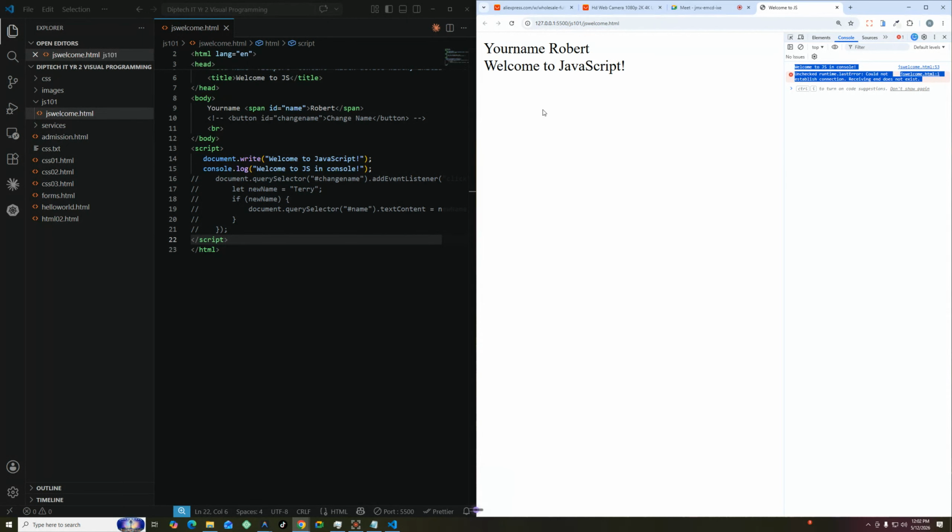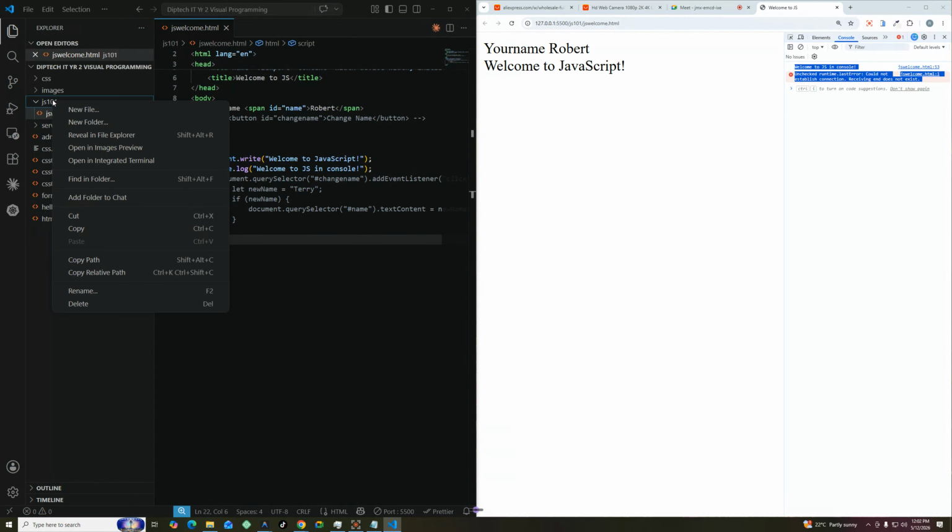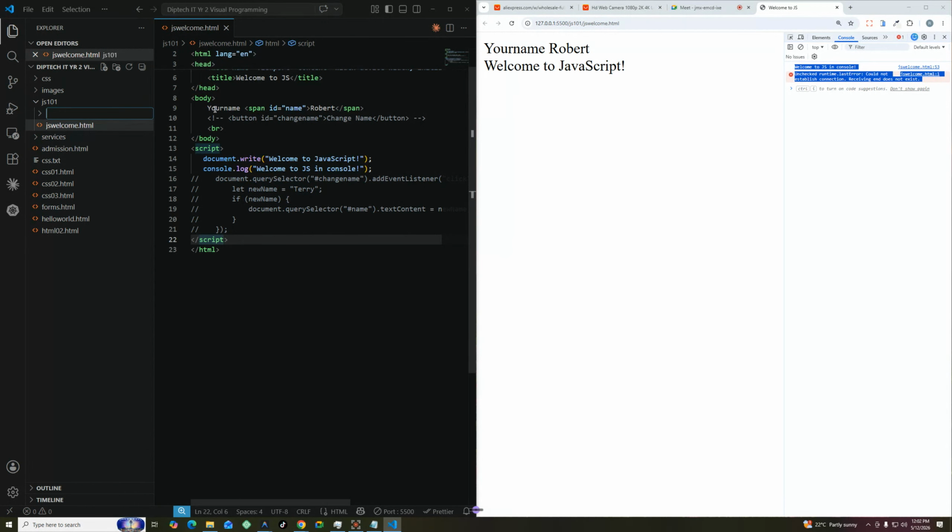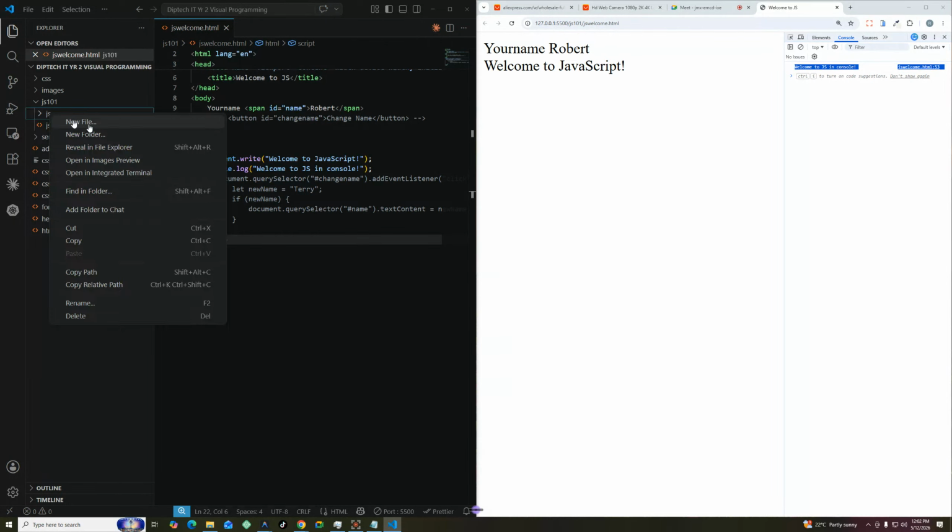So you really like to have them in a separate document, so that every time you're getting a document, you can just import them directly without taking any settings. So that's where now we come with the external file. I'm going to create a folder here, and I'm going to call it JS. Then inside that JS, I'm going to simply put a new file and say